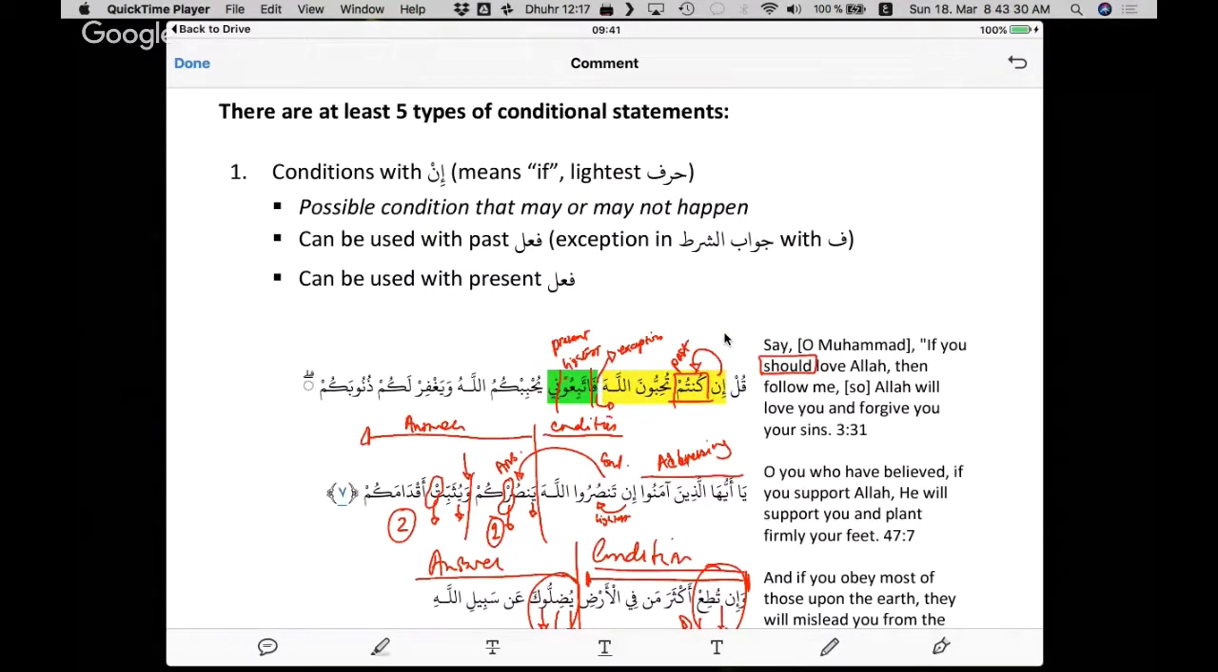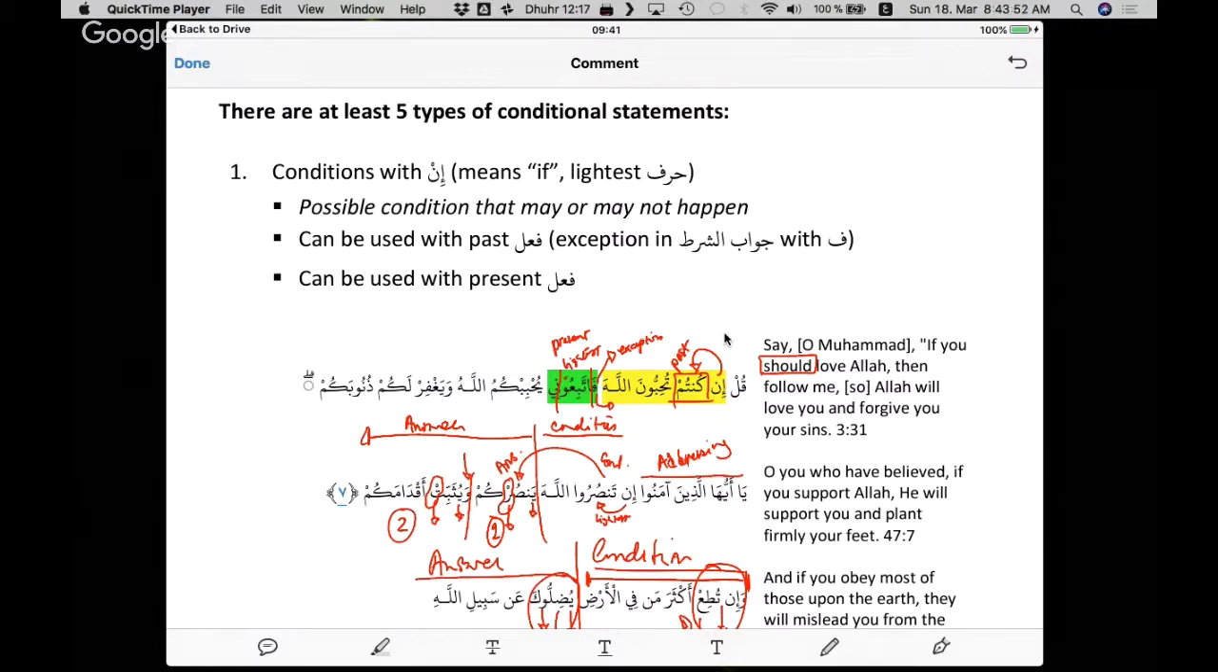It is the lightest harf. These are usually possible conditions that may or may not happen. They can be used with the past tense or a present tense. The answer to this condition, in case of present tense, is always lightest. In case of past tense, the answer wouldn't be lightest, but if there's a fa